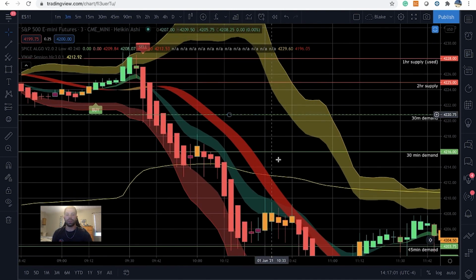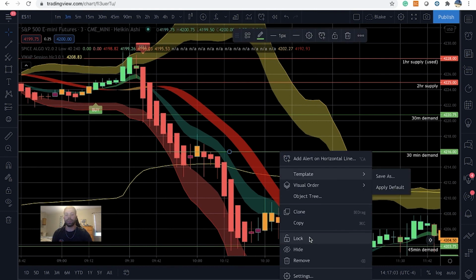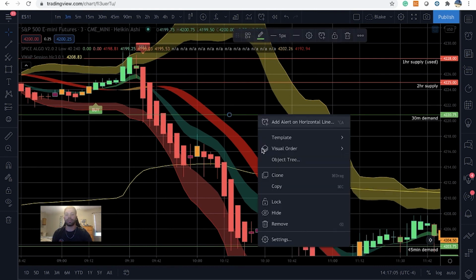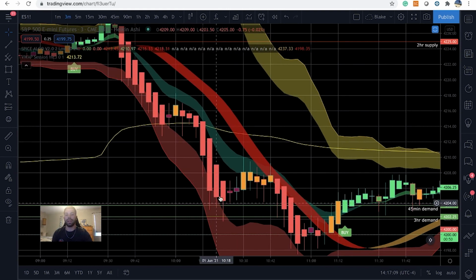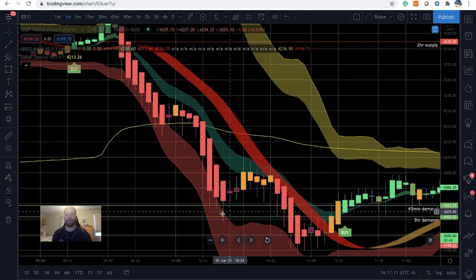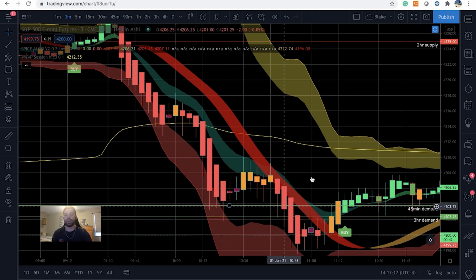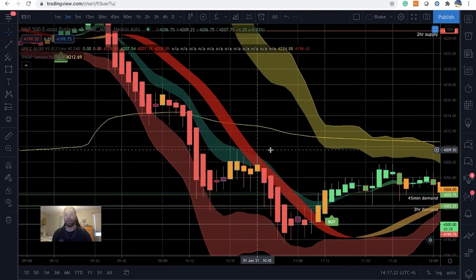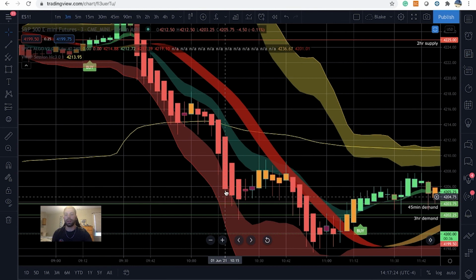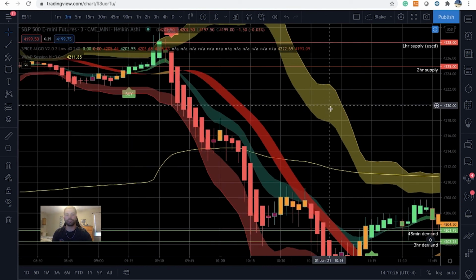We crushed these 30-minute demands. Like I said, the small ones can be not as strong. And so where did we end up running to? We ended up tailing here at this 4-hour and this 3-hour demand. That's probably where I would have closed my position, because that 4-hour demand is strong, and look what happened. We actually ended up coming up out of it a little bit. And so that's probably where I would have closed my position, which would have been a move from, let's see,